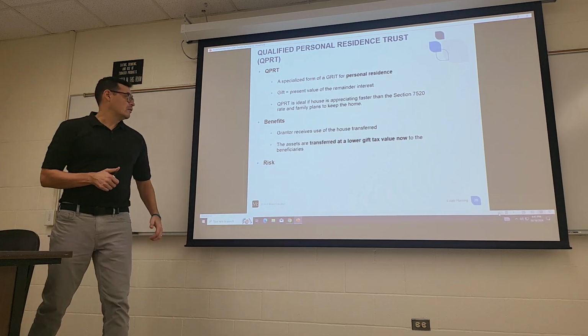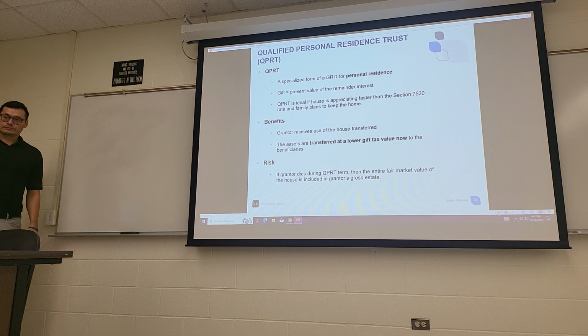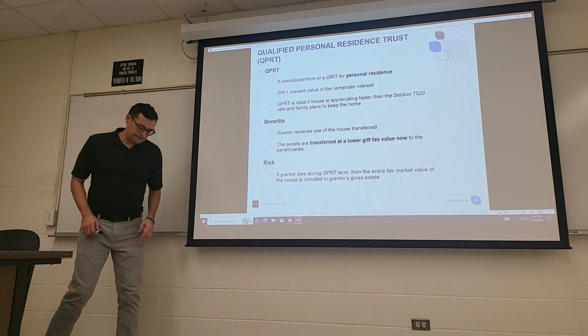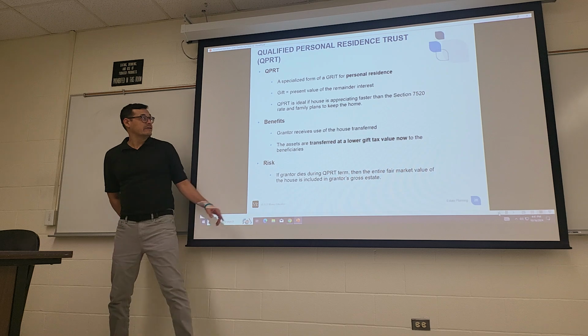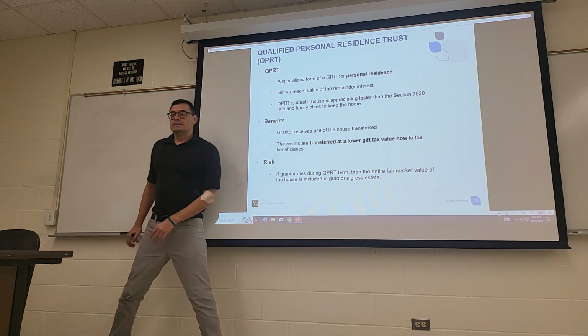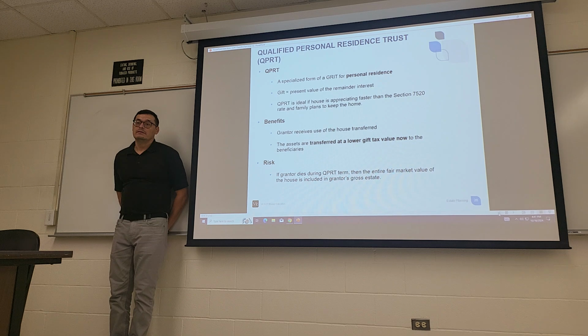Okay, so this is what they call a qualified personal residence trust, a QPRT. Wait, so what happens? So you still have to leave that to a beneficiary? Yep, same thing. It's just like a GRAT. So you transfer the property. It may not be appreciating quite. So does it transfer immediately, or does it only transfer at death? At the end of the term, it officially is removed from your gross estate.